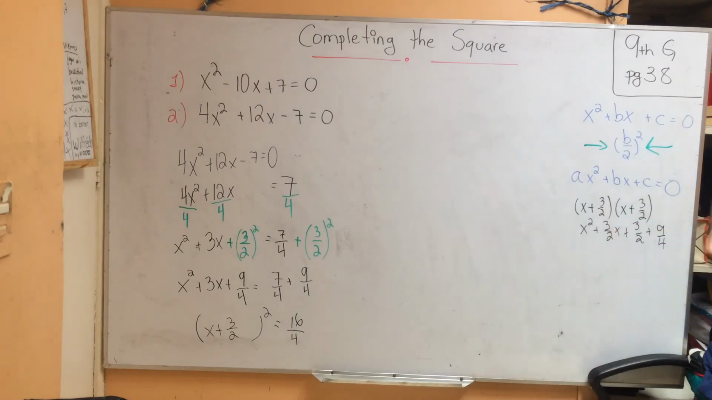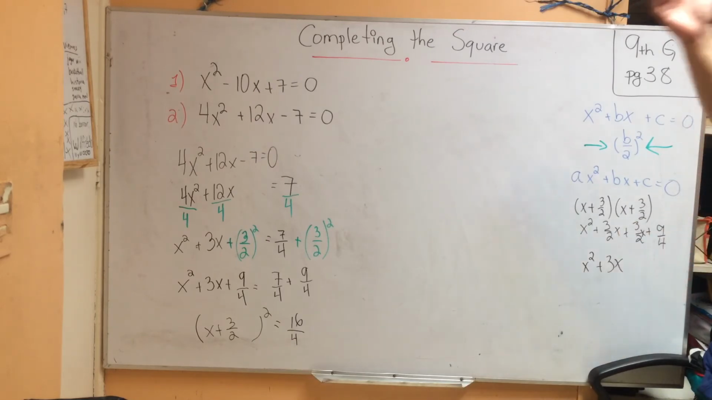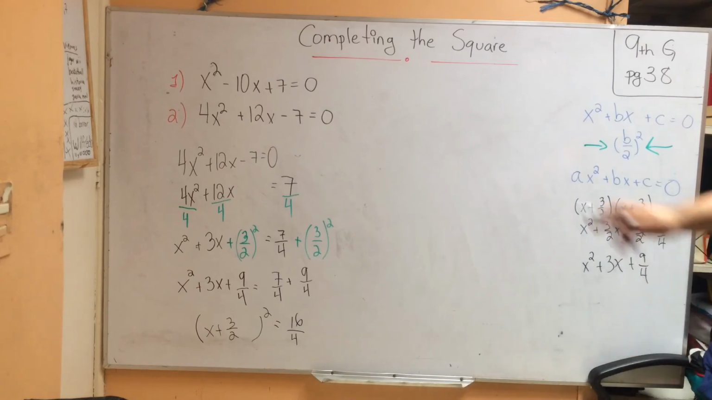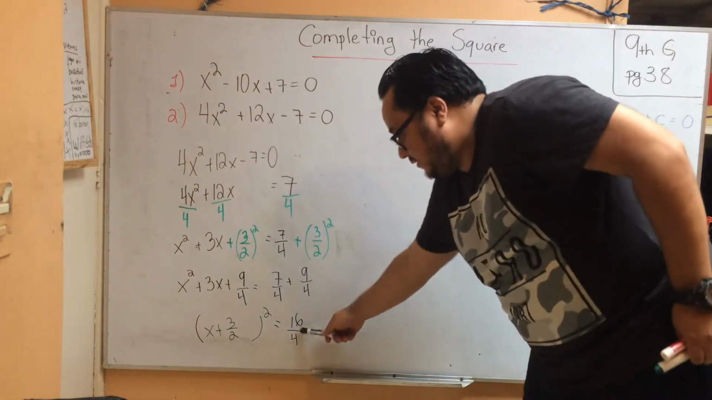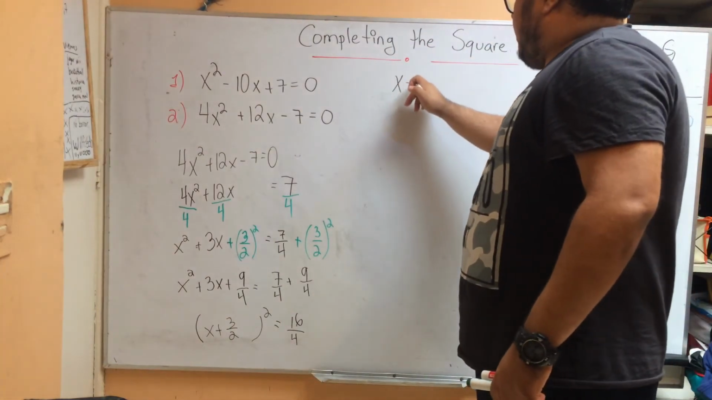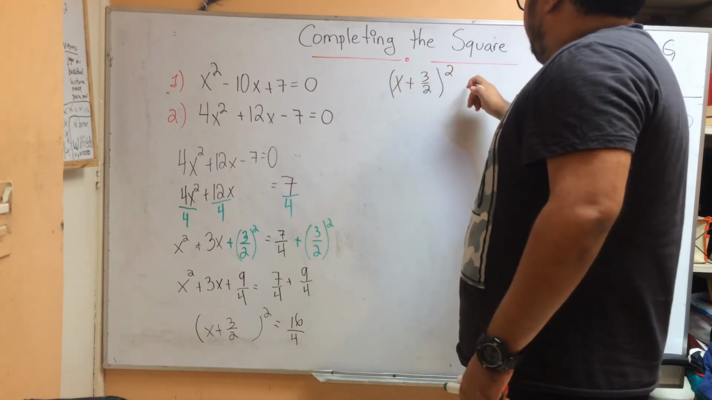Remember, 3/2 is the same as 1.5, and 1.5 plus 1.5 is what multiplies x. So we have x squared plus 3x, because 3/2 and 3/2 are 6/2, and 6 divided by 2 is 3, and then we have 9/4. So we have our perfect square. And if you notice, 16 divided by 4 is a whole number. So we have (x plus 3/2) squared equals